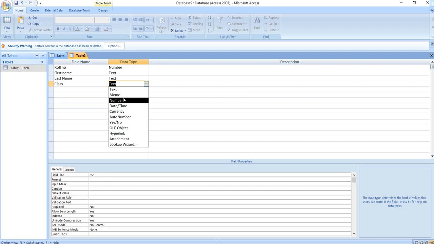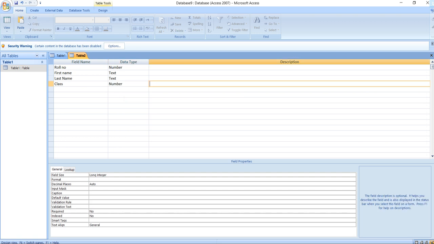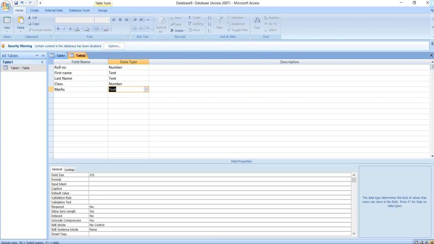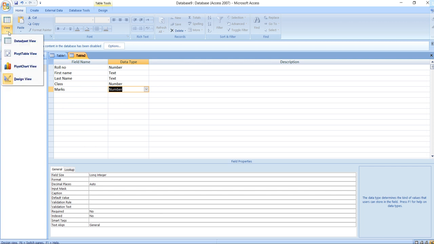This class is in the form of a number. Then marks. So marks will come in the form of numbers. Okay, so this is done. Now let us view the same in the form of a data sheet.